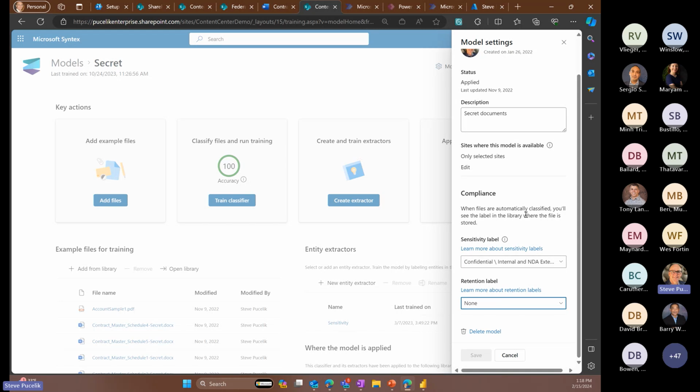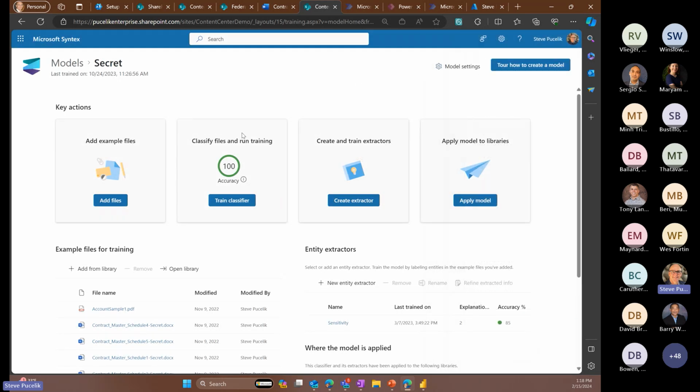And where this really comes into play and has lasting benefits is when you start to use Copilot, it will recognize the sensitivity label in the document. And when you have multiple documents that are being used for that generative AI, it's going to interrogate those sensitivity labels. It's going to look at the settings of those labels. What can and can't you do? I'm going to take the most restrictive label, and place it on that newly created document so that now I don't have to jeopardize any confidential information that may be in that document. Okay? So this is where the models have the ability to be trained against your content,